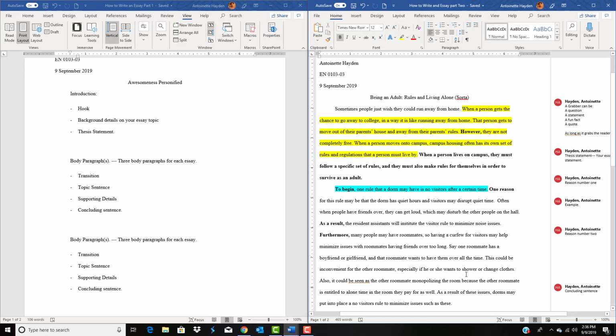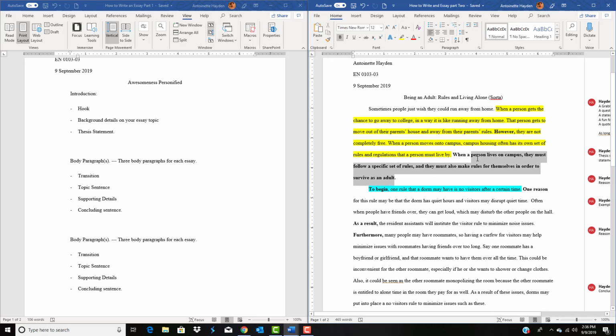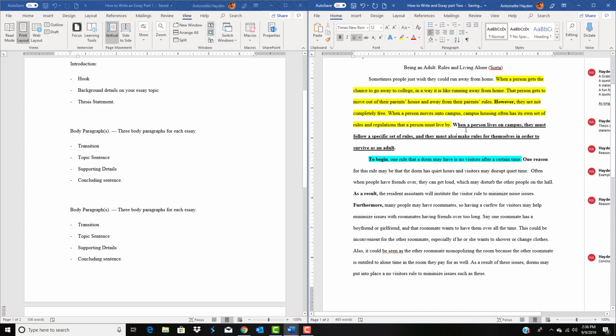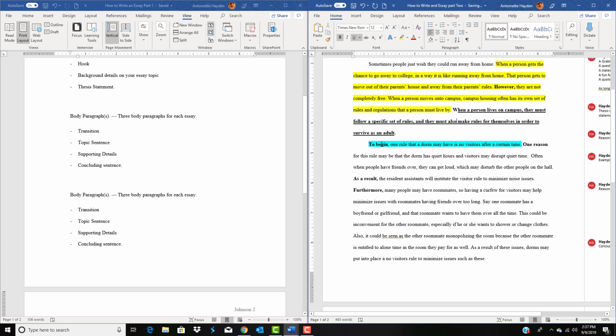When a person lives on campus, they must follow a specific set of rules, and they must also make rules for themselves in order to survive as an adult. So the goal here for your thesis statement is that you would hope your entire paragraph supports it. All right, so my first body paragraph is going to talk about that first part of my thesis statement. It says they must follow a specific set of rules. And so